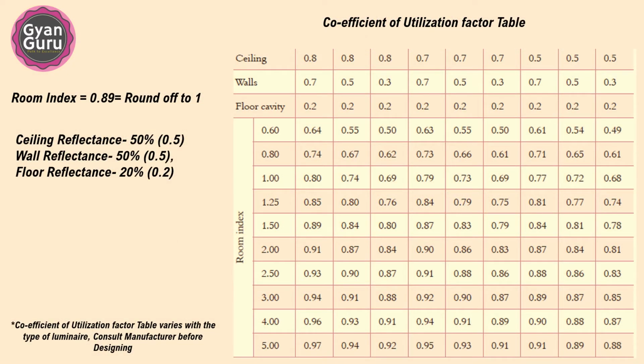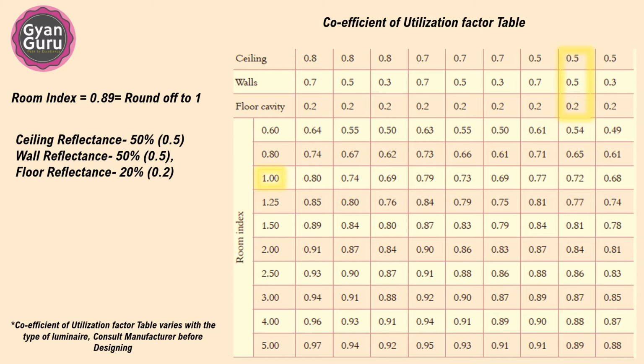This is the reference table to determine the utilization factor. To help you understand, the reference table is shown here. You may refer to the table below for your work but need to confirm the output from the manufacturer. Let's focus on the table. Our calculated room index is 1. And our reflectance factors are